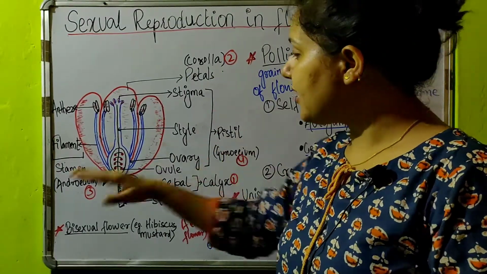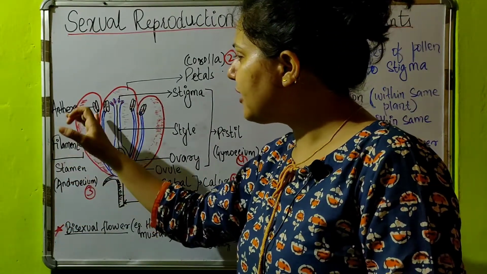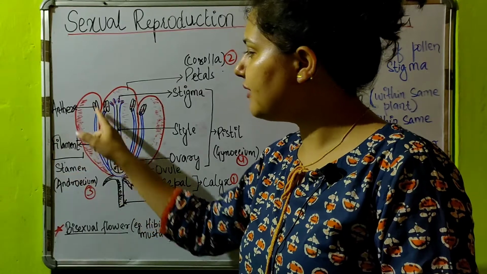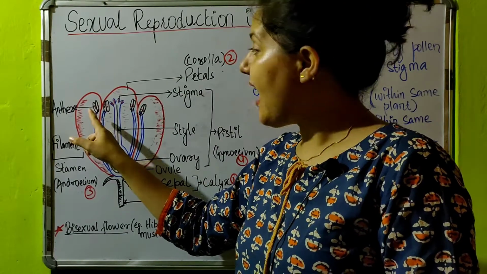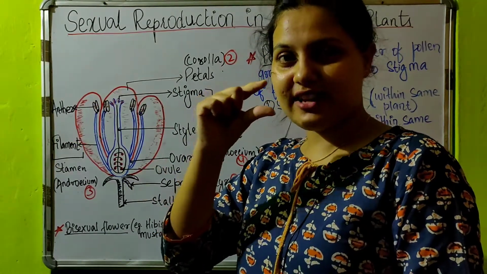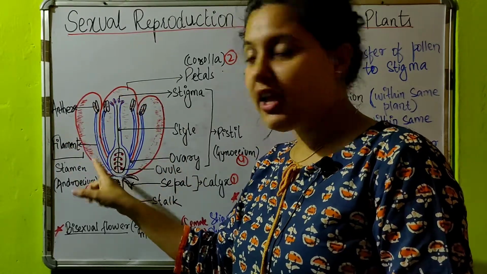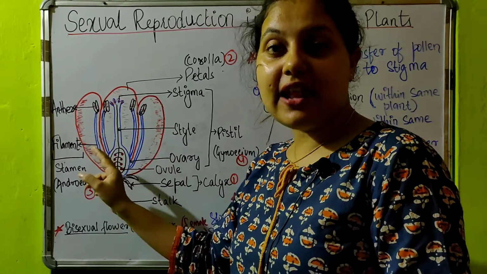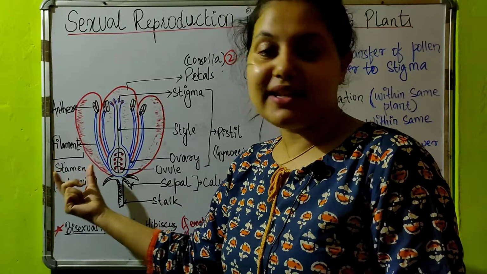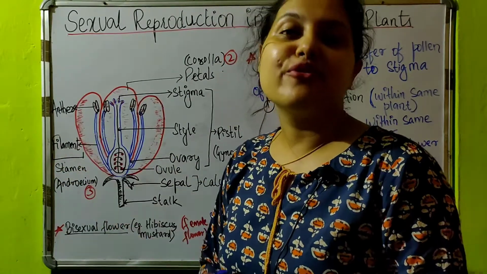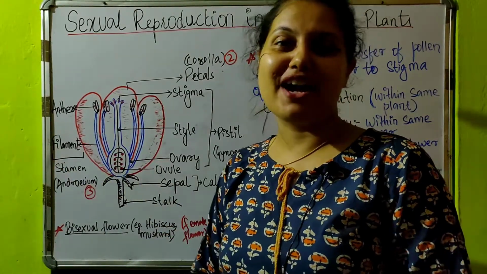And the third part is androecium. You can see a tube like filament, and a capsule like anther. Anther is the shape of a capsule, right? You see the similar shape, and the filament is tube like. These two, anther and filament, both make up the stamen. Collectively we can call them stamen, and it is also known as androecium as a whole. This is the male reproductive part of a flower.